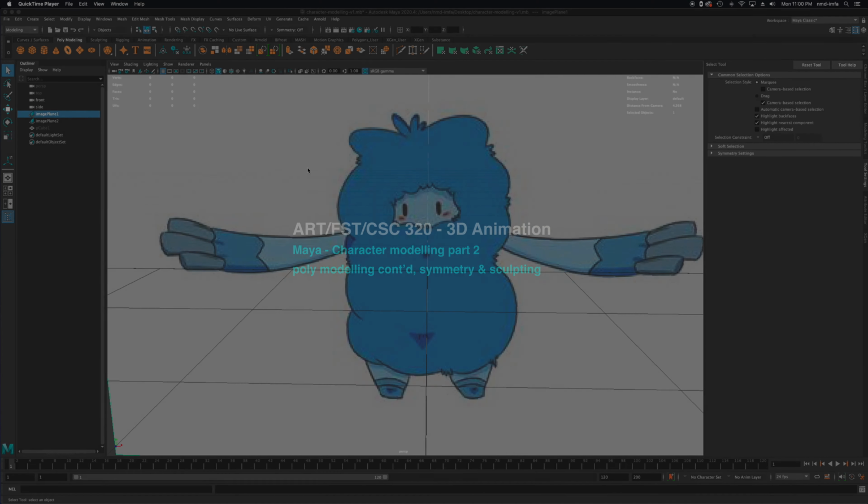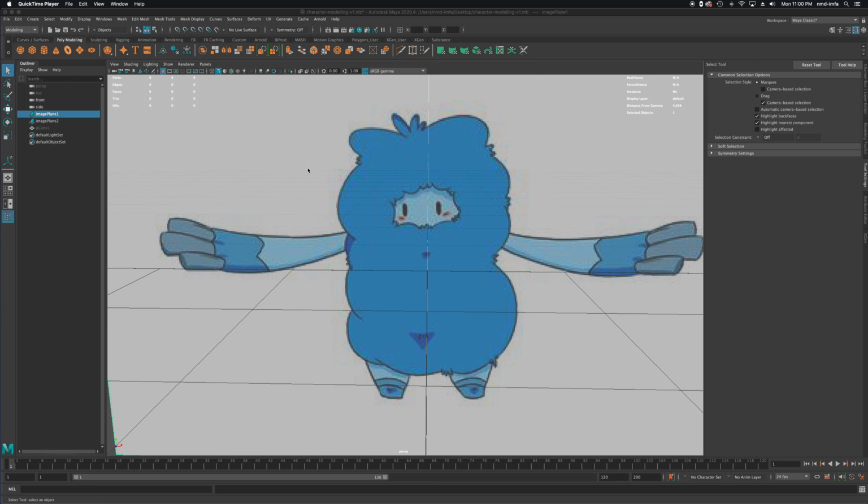Welcome back to 3D animation. We are working on our character modeling. This is the second tutorial in character modeling, and we are still focused on polymodeling, so polygonal based modeling, trying